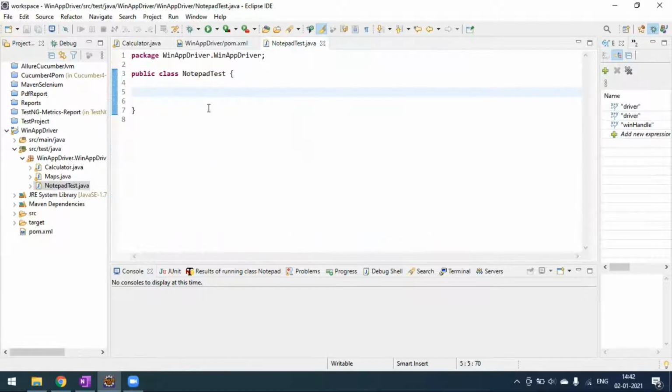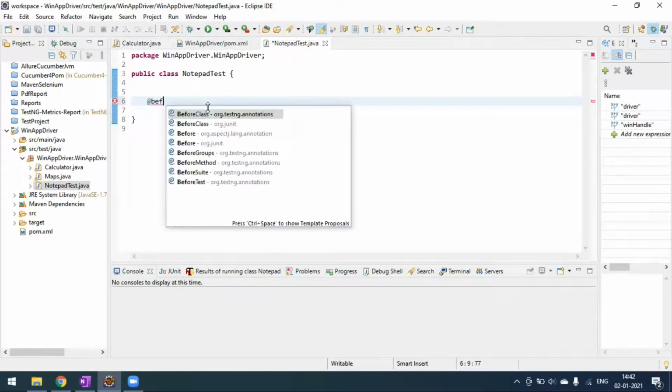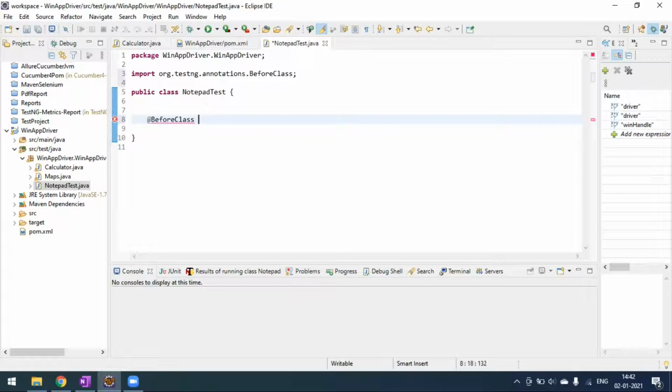When it comes to TestNG, we can use annotations, right? So BeforeClass is an annotation, which is a prerequisite before launching our application. When it comes to Selenium, we start our driver and everything, right? The same way. So here I have created BeforeClass. We'll create one method here, and I will name it startUp.